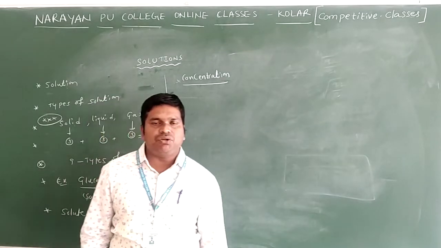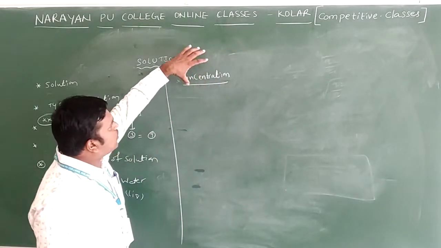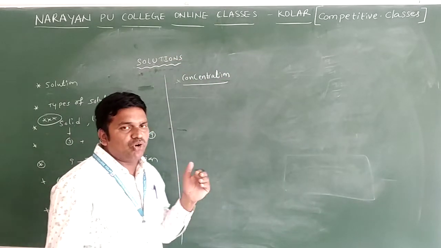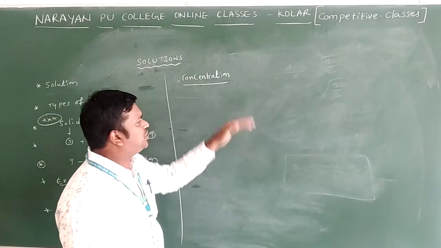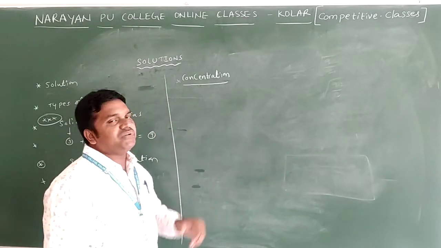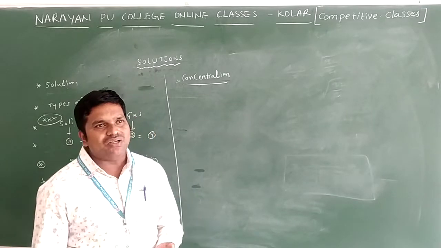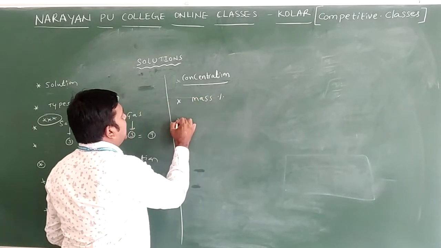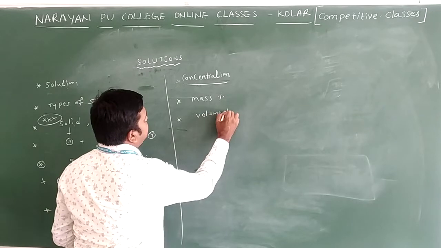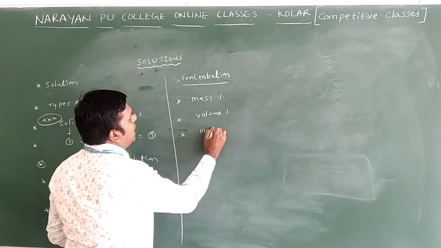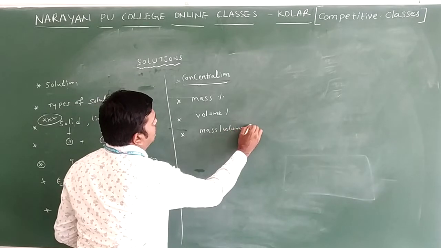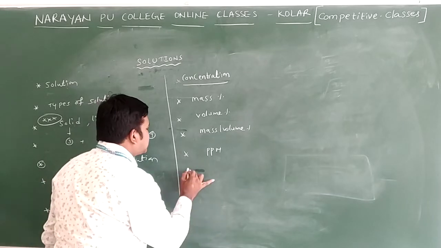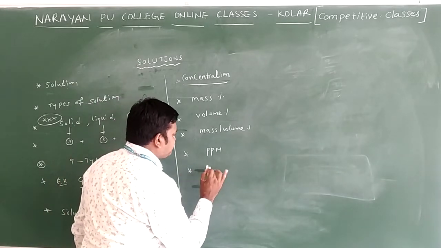Now we have the concentration. Already we know the term concentration. What is concentration? The amount of solute present in a unit volume of the solution. For identifying concentrations, we have different types of concentration terms. Here we have mass percentage, and here we have volume percentage, and one more we have mass by volume percentage, and one more we have ppm, parts per million. And one more we have molarity,